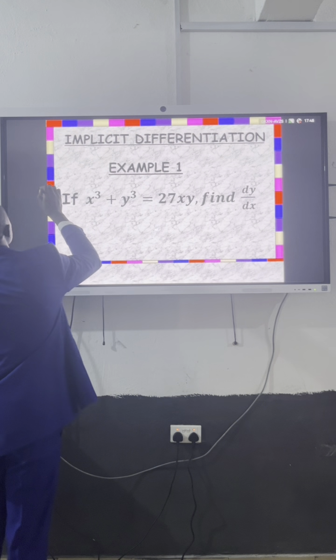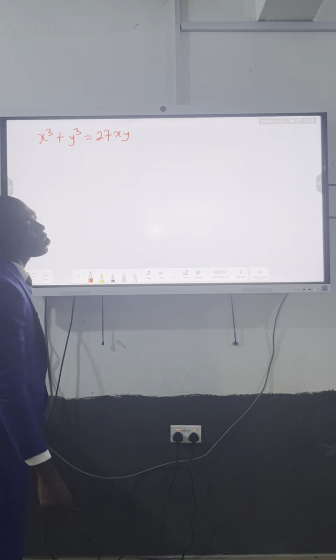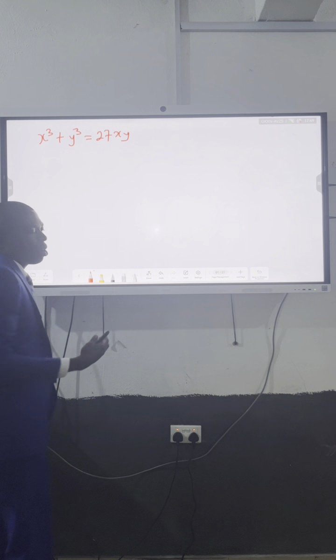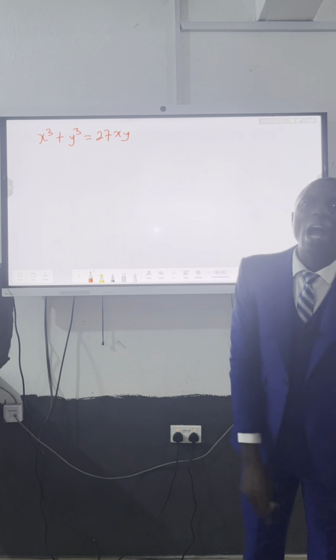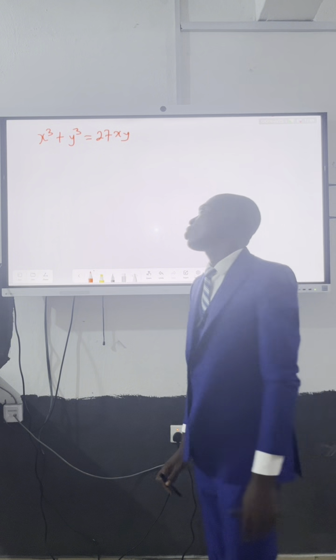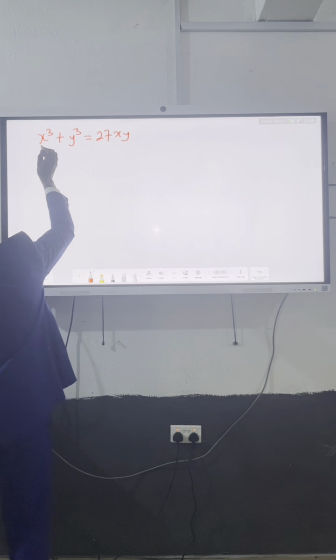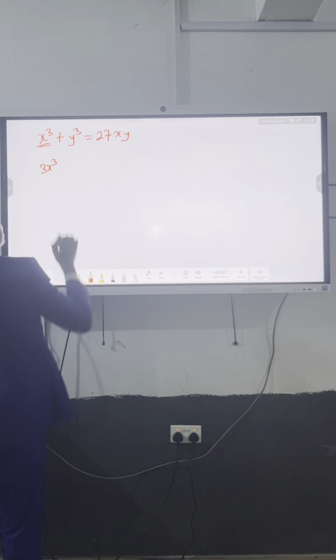So let's start. We have this. Now, the basic rule for this kind of differentiation, when x and y are not separated, is that anytime you differentiate y, just attach dy/dx to the answer. All right, so let's go. If you differentiate this, the power will go down. We now have 3x to the power of